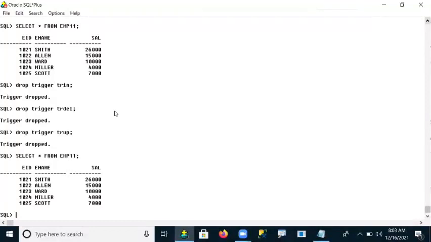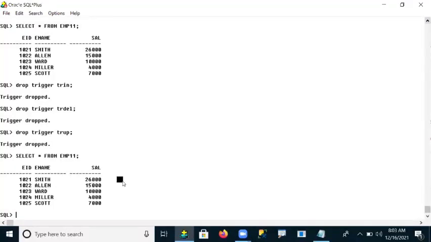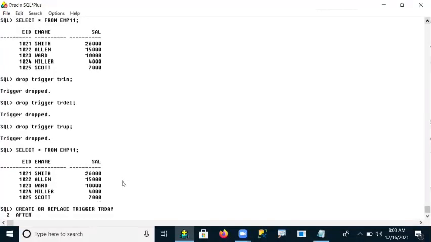Now again it is a new table, and on this table we are not giving any restrictions. Now I want to create my new trigger. Create or replace trigger, and the trigger name is tree or day. Now I'm using the after keyword, because in some examples I showed you before keyword, and now after keyword.